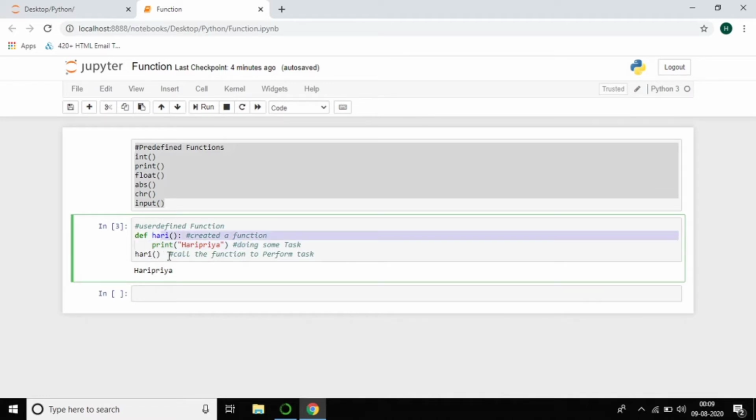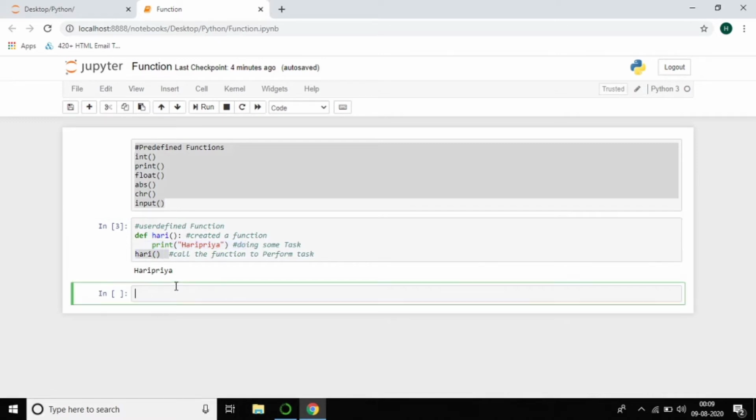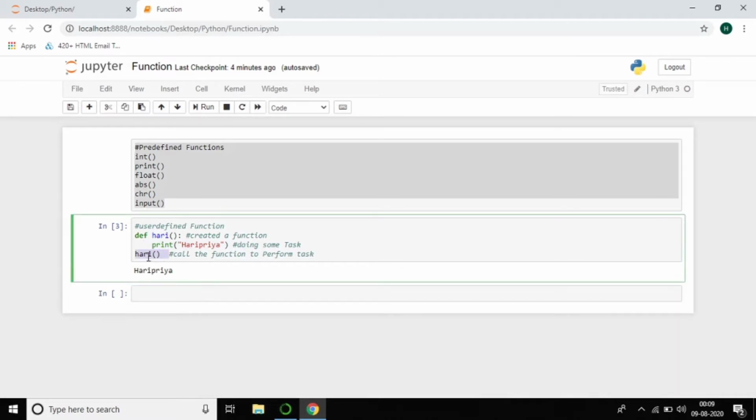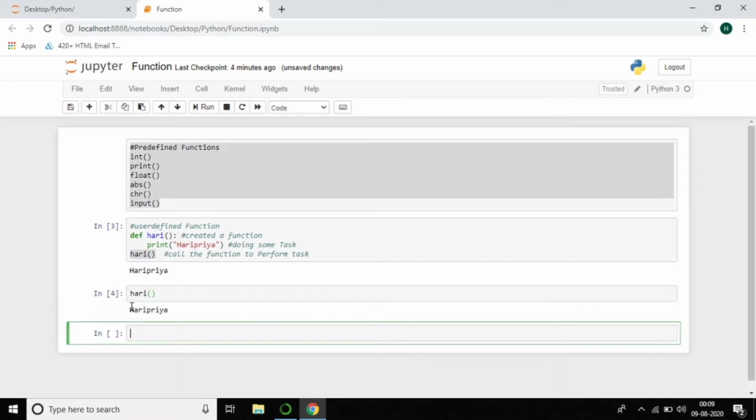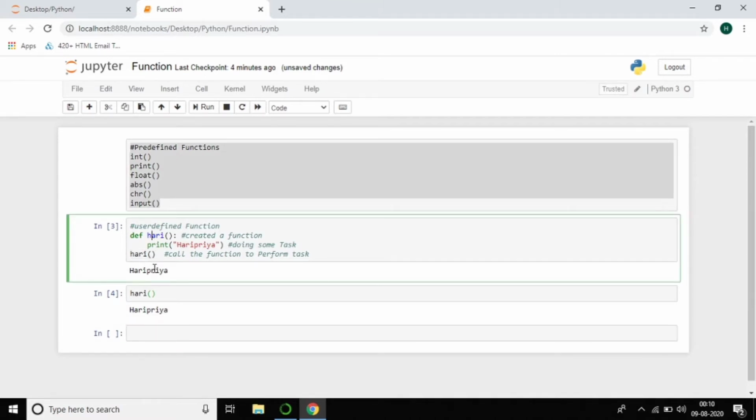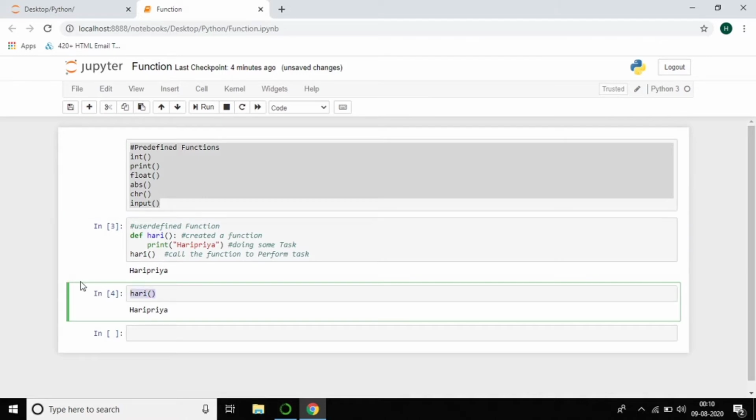If you want to use this same task at different times, I don't want to write the code again. Instead, I'll just call this function, and it will print Haripriya every time. So that is the use of a function: if you want to use the code again and again.